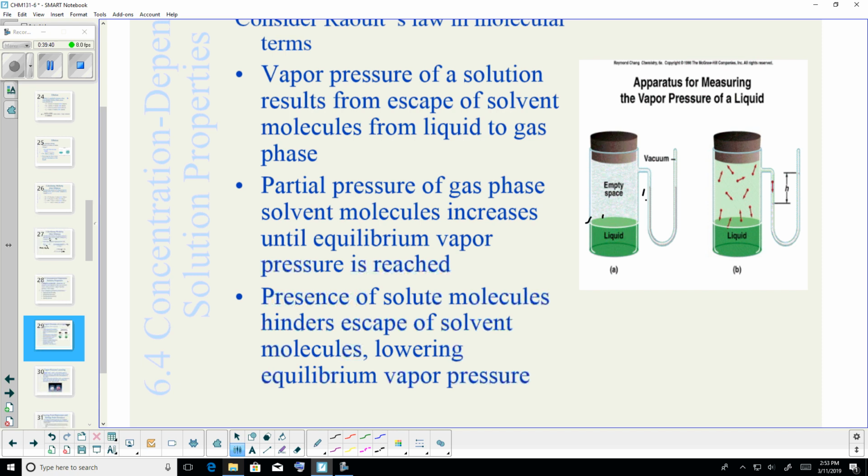So presence of solute molecules hinders the escape of the solvent molecules. This is just, let's say, pure solvent. Pick a solvent, pick water, anything. It's going to have a certain vapor pressure. If instead I make another one, and the rest of this is the same, and I put a solute in there that dissolves, let's say sodium chloride or that. At the surface, I'm going to have